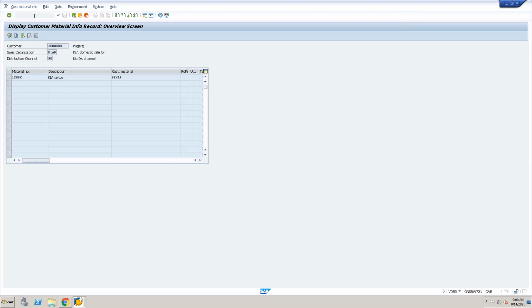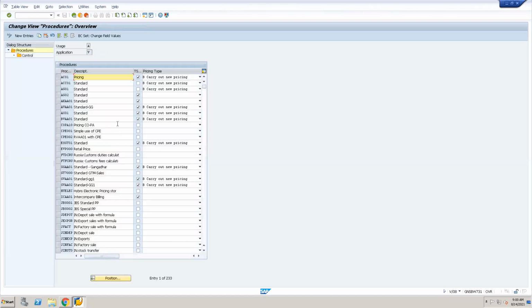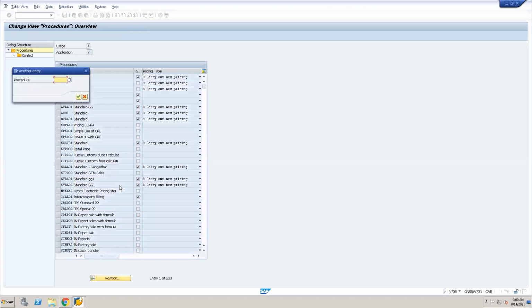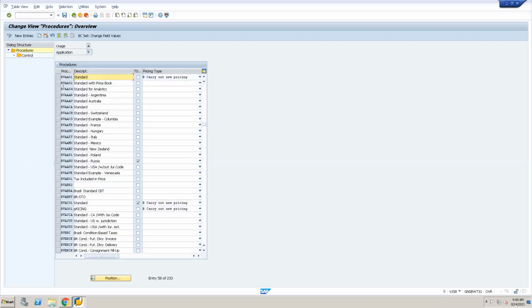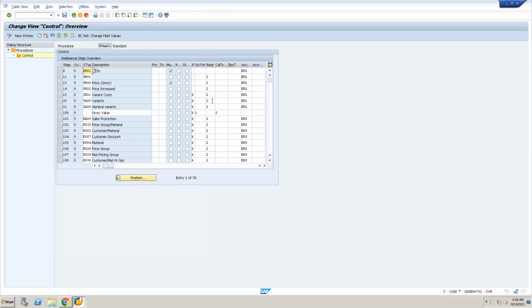Have you given me control? Okay. So the standard pricing procedure we use is BA 0. Go and select. See, there are so many condition types. You have seen, no? But even though there are so many condition types, if you take any of the condition types and go and see